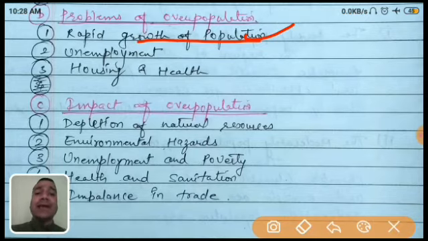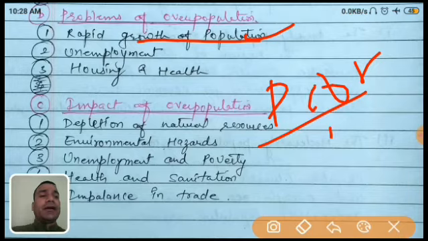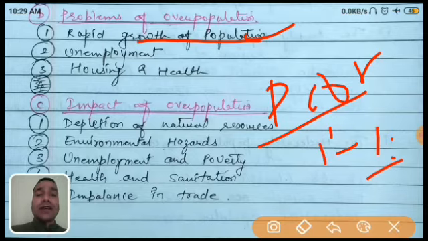Just like the government is giving one slogan, "Hum do hamare do," but they don't know what "hum do hamare do" means. Why? Because they are very poor. Think about it: if one beggar is begging for 1 rupee, or 100 rupees at most, they cannot survive if they have more children.